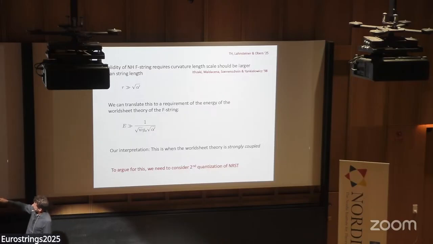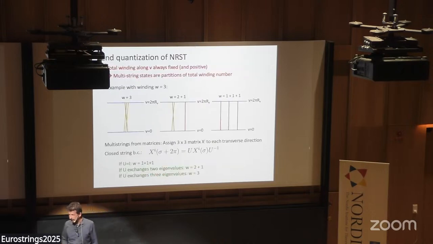And in fact, you can see if the string coupling here would go to 0, this would become so large that for finite energy, this energy range would not really be there anymore. Or, you can play the same game with the winding number. So that's our interpretation, and we can make a further argument for this by looking at